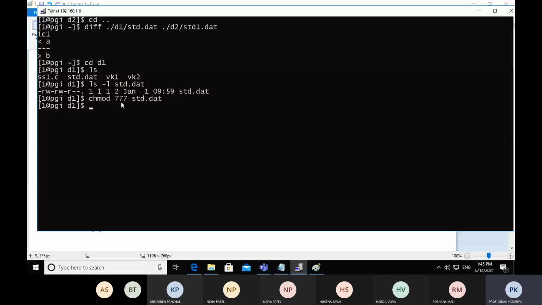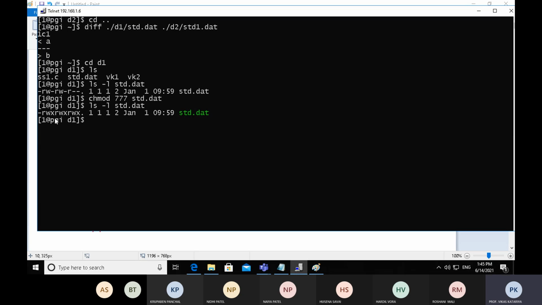Now again check ls -l student.date. Here we have activated some permissions. Now owner can read, write, and execute. Group can read, write, execute, and other can also read, write, execute. In this way, you can change the permission of a single file or directory.